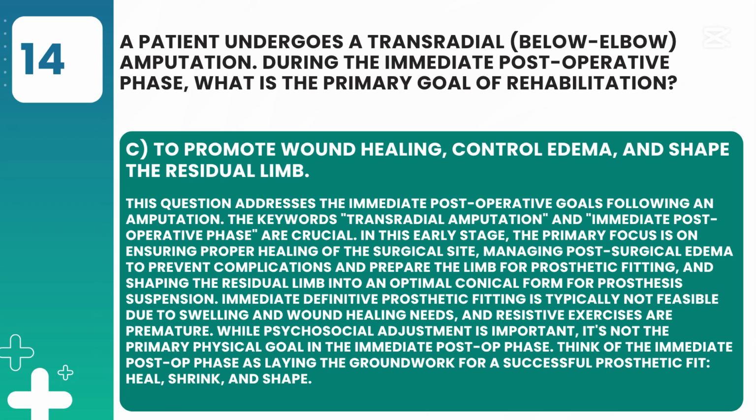In this early stage, the primary focus is on ensuring proper healing of the surgical site, managing post-surgical edema to prevent complications and prepare the limb for prosthetic fitting, and shaping the residual limb into an optimal conical form for prosthesis suspension. Immediate definitive prosthetic fitting is typically not feasible due to swelling and wound healing needs, and resistive exercises